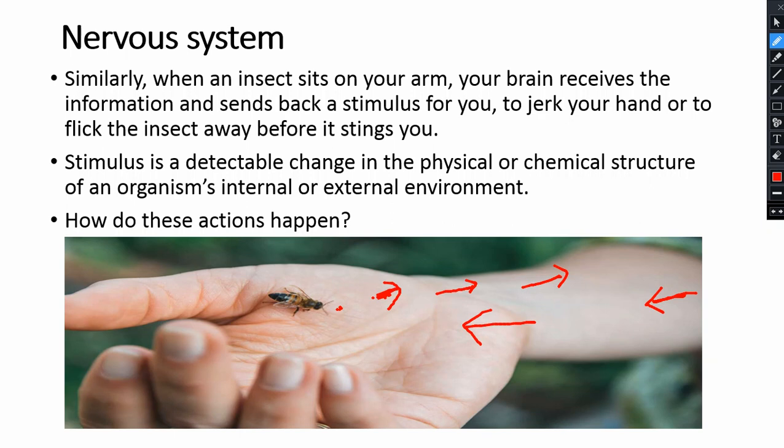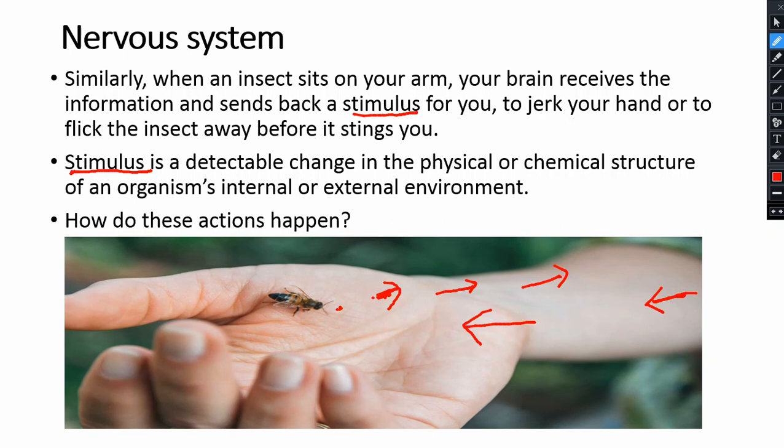Now we talked about the stimulus. What is a stimulus? In simple words, a stimulus is a change. A change that is detectable, that the person knows has occurred to him. So a stimulus is a detectable change in the physical or chemical structure of an organism's internal or external environment. For example, if